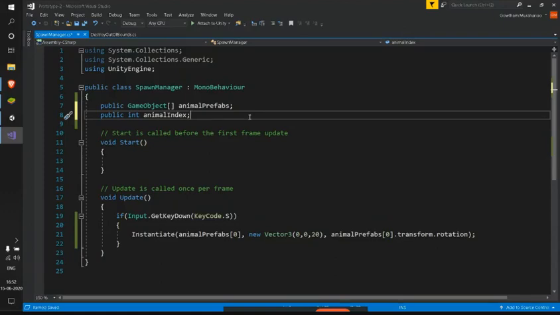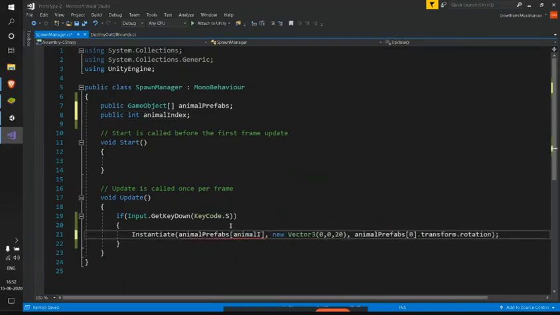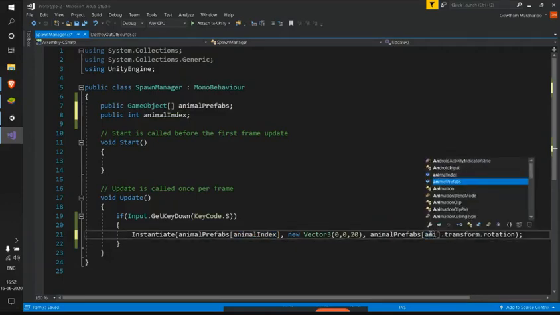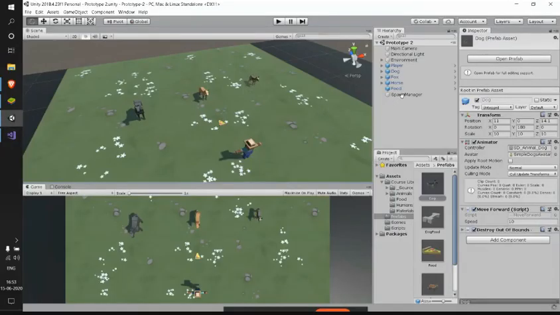When we have this animal index, with these values 0, 1 and 2, we can change our object, right? So let me use this animalIndex here, and here also. Note that I haven't initialized my animal index, I just declared it and I'm using it here. So to prevent an error, let's go to Unity and initialize it in our inspector. It will have a default value of 0.